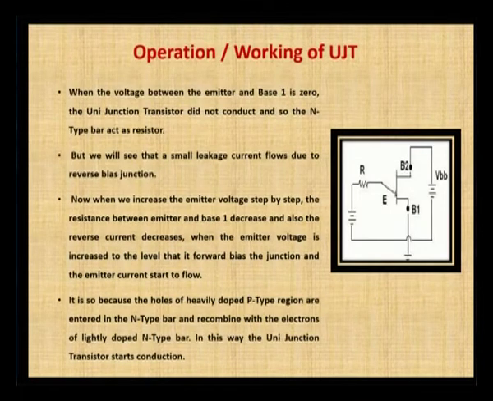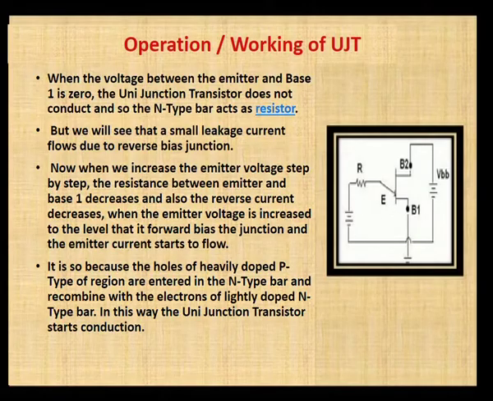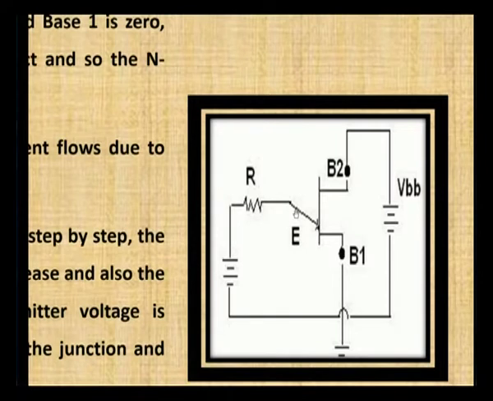How does it operate? Let us see how the uni-junction transistor operates. It operates in both forward and reverse bias. Look into the circuit. What we observe is, once we apply a voltage, this E terminal, that is the emitter terminal, and the base 1 terminal will short circuit if we give a positive voltage. If it is in forward bias mode, this E and B1 will short and current will conduct, and also the external voltage is 0. If we do not give any voltage, then this E and B1 will be open circuit,